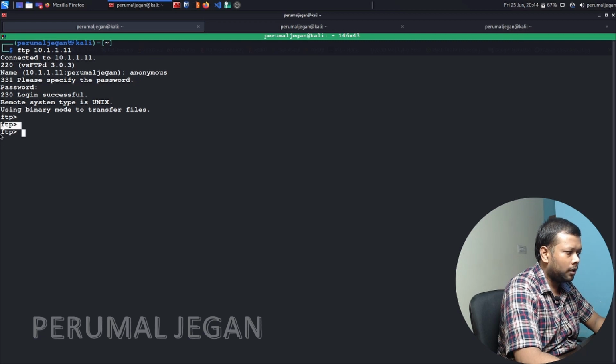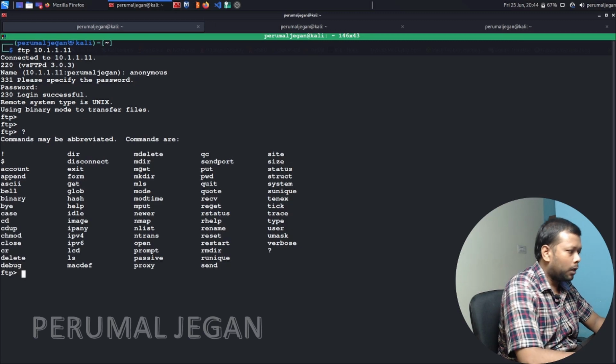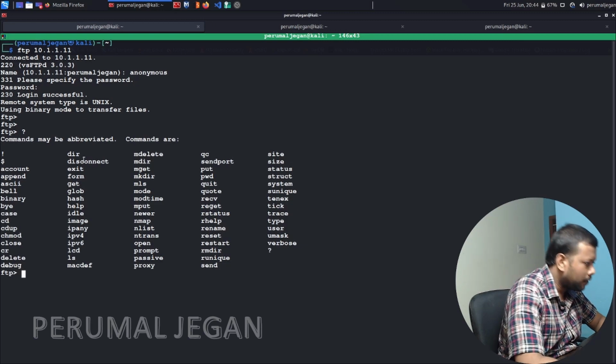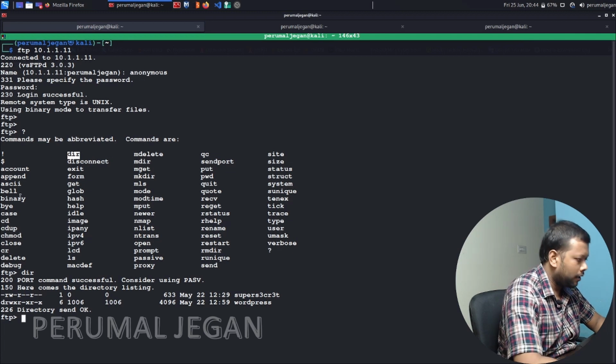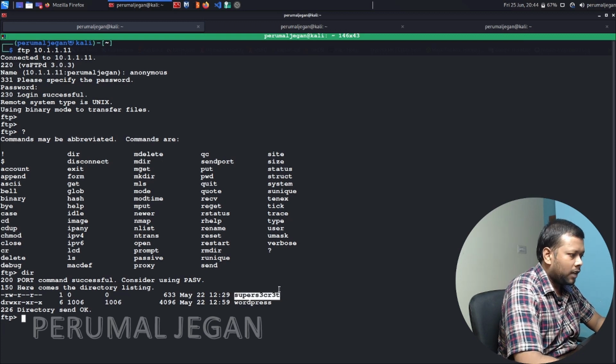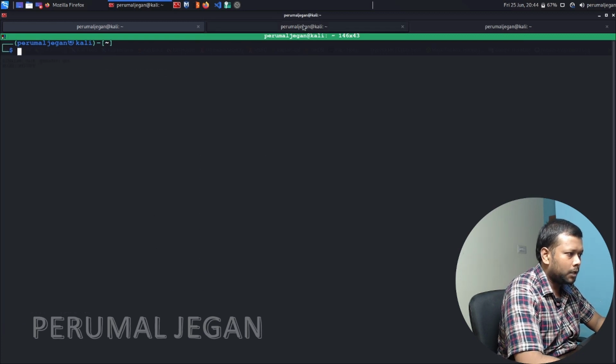I logged in to the FTP. Let's see what all the possible commands are. Dir to view the directories. When I see the directories here, I can see a file and a directory. Let's see what the file contains, and we can also download this file to our local machine.